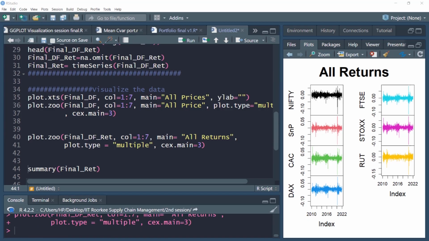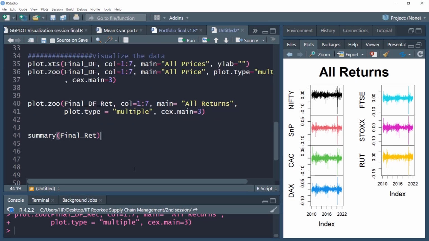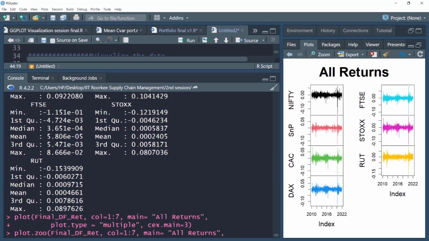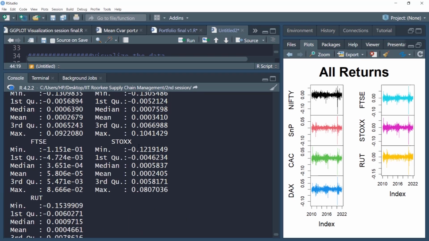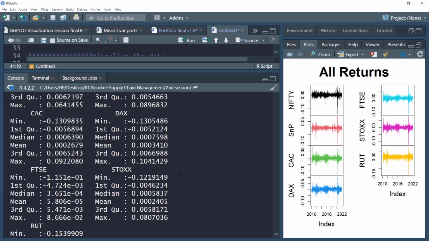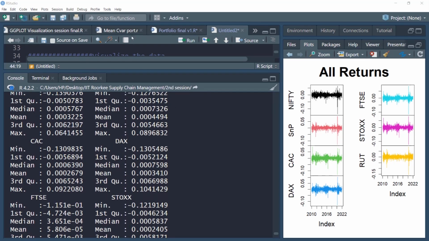To summarize this video, we plotted the security prices together in a single graph. Then we also plotted them in separate graphs. Then we plotted the returns. We can see that returns are negatively skewed, especially during the COVID time. There was large fluctuation and negative returns. This we confirmed with the summary measure. We summarized the returns and saw their distribution: minimum, maximum, mean, median, first and third quartiles. We observed extremely negative returns are slightly dominating, so the returns appear to be skewed. We'll conclude with the visualization in the next video, where we'll examine the density distribution of all the returns.